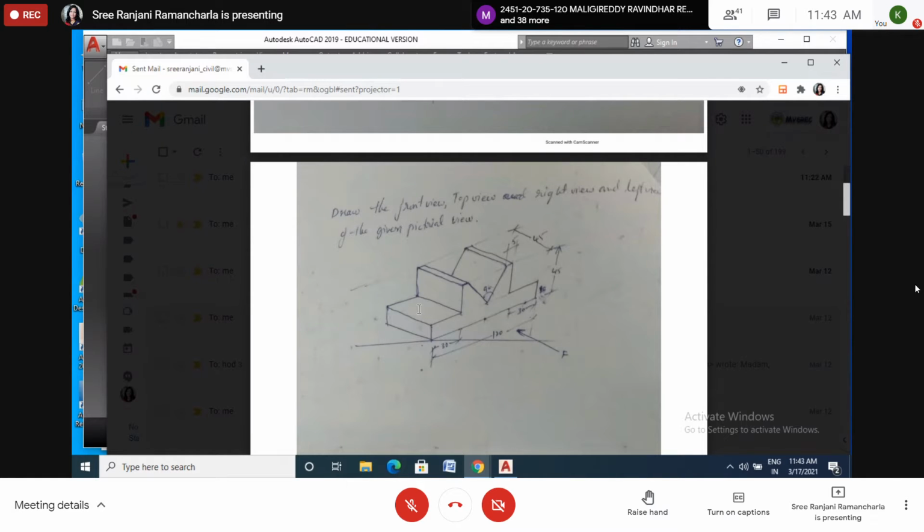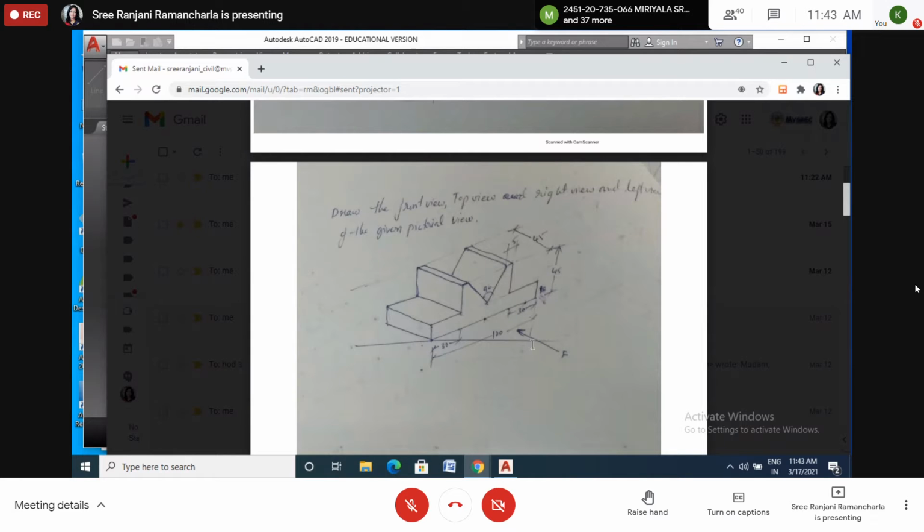See this figure. This is the isometric view. So this is the top view, like this is 30 and 30. I mean, isometric view means we have to show in this way only. An isometric view of a solid, we have to show in this way. See, all the measurements are given. 30, 30, and this total is 120. And here the angle is 90 degrees. And this is 5. And this is 45. This width is 45. This height is 45. And this one is 10. Okay, all dimensions are given.